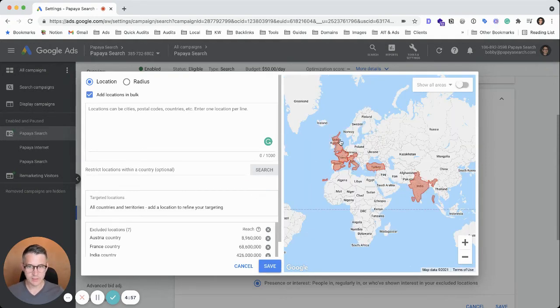And you can see this has turned all these countries red. This means that my ads will not show for this campaign in any of these countries. Any IPs originating from these places will not see ads or impressions. This is the surefire way of excluding these countries and excluding traffic completely. So just be mindful of that as you're doing your campaigns. If you're not targeting the UK, then you can just exclude it, right? So then I click save,